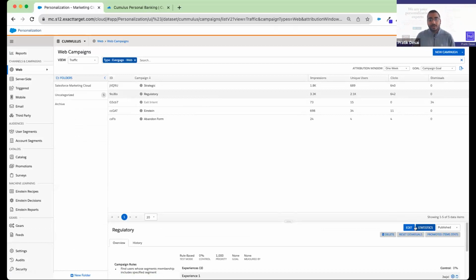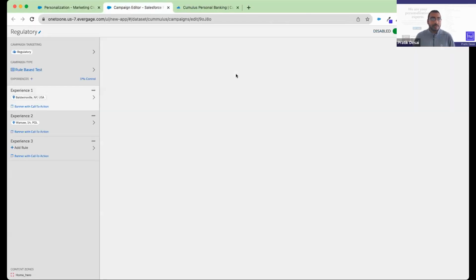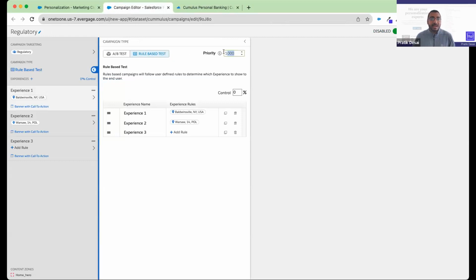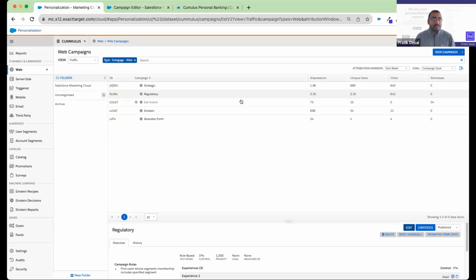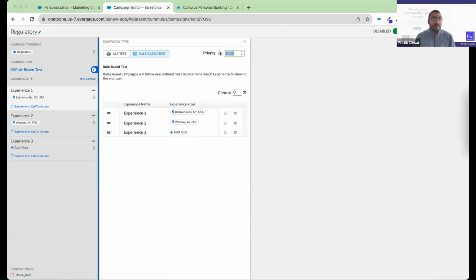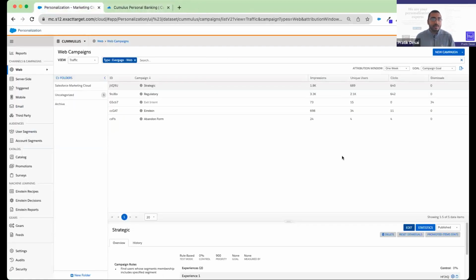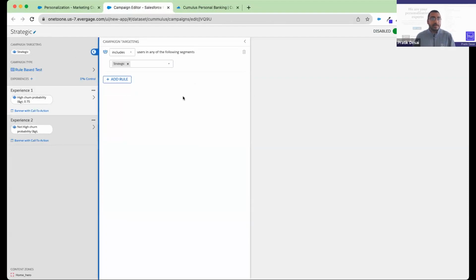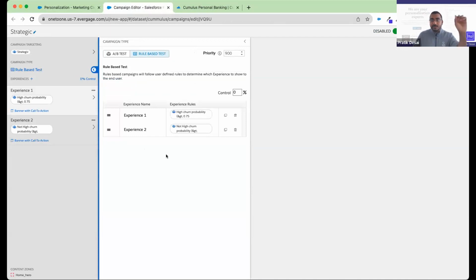So if I look at regulatory, you can see here that clicking regulatory, I'm targeting the regulatory segment, and then I'm assigning a priority to this campaign. Based on that priority versus, let's look at strategic. So you just saw that priority was 1,000, right? And now let's leave this one. Let's open up strategic. You can see that I'm targeting the strategic segment, but the priority of this campaign is